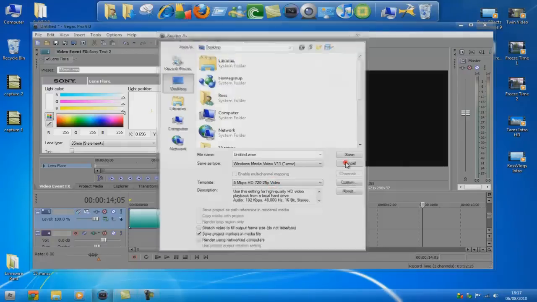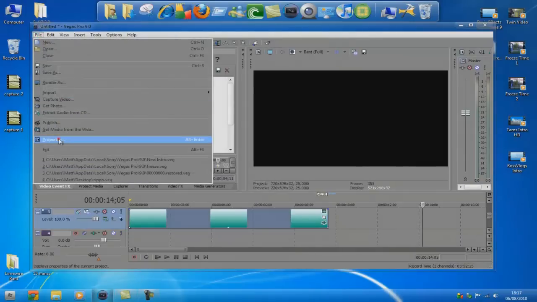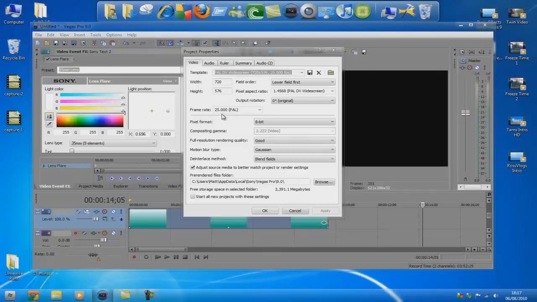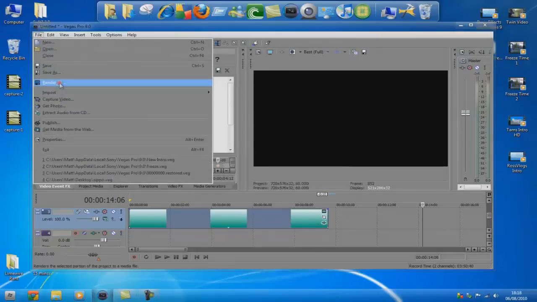In fact, no, this is the rendering settings, sorry. What we want to do is go to Properties, and the frame rate here, you can make it 59.940, or we can just go 60.000, that gives you 60 frames a second, the smoothest you can possibly get. So once you've done that, just apply, OK, now you can render as,